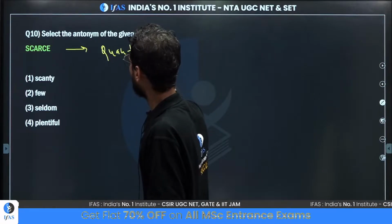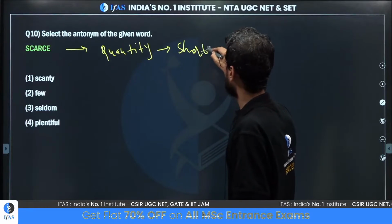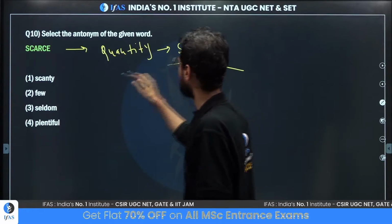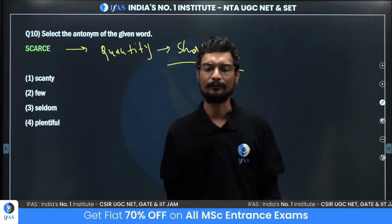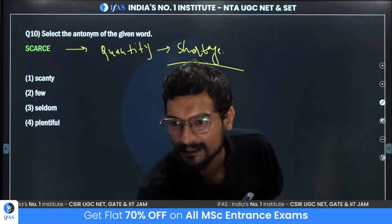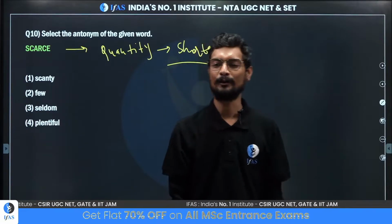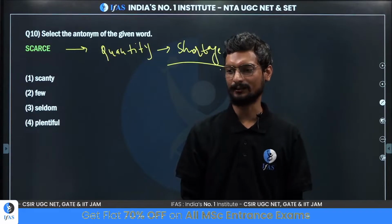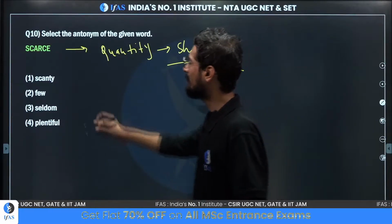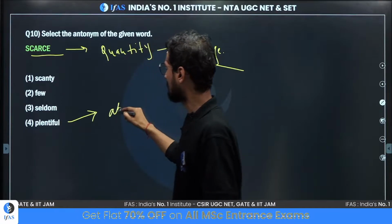Whenever we talk about quantity in terms of some type of shortage, that is scarce. Let's say, for example, there is scarcity of rain. Then what will the scarcity of rain refer to? The scarcity of rain itself will refer to how much volume something has decreased. So when we talk about scarce, we talk in terms of something which is abundant, ABUNDANT,